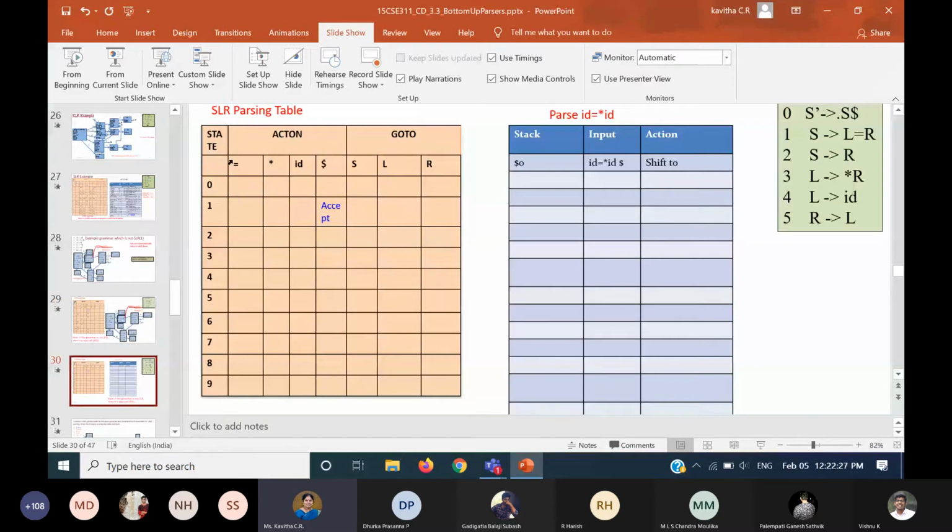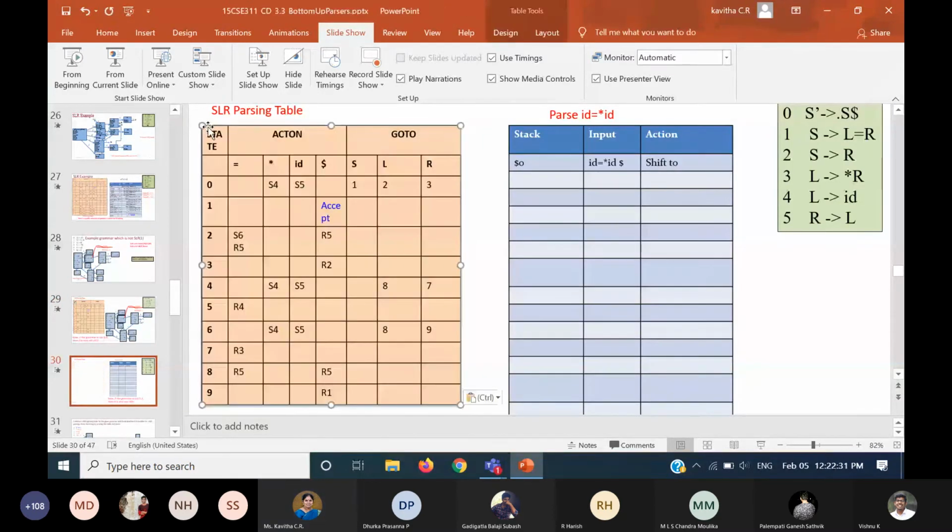Because everything should be visible, then only it will be clear for you. Okay, I have given the string also to be traced. You can start tracing, and if at all you get any doubt, maybe you can ask me. Do you trace this string and complete it?